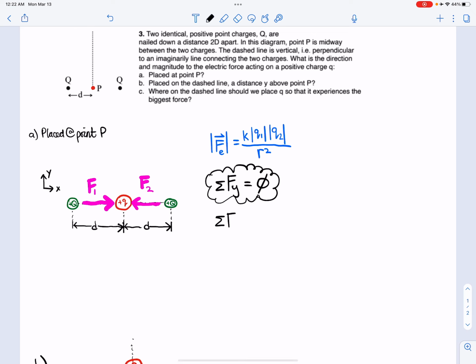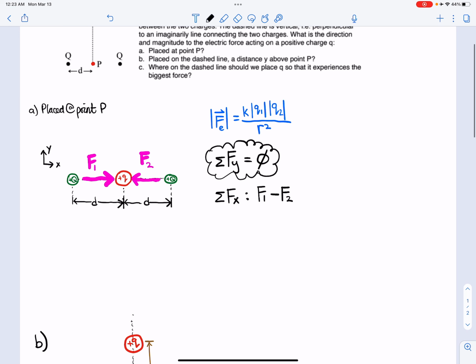What about the x component? In the x component, I'm going to have F1, which is facing towards positive x, right? And that's going to be subtracted by F2, which is facing towards negative x. Okay? And so they're going to cancel out because they're equal and opposite, but just in case you wanted to see that for yourself,